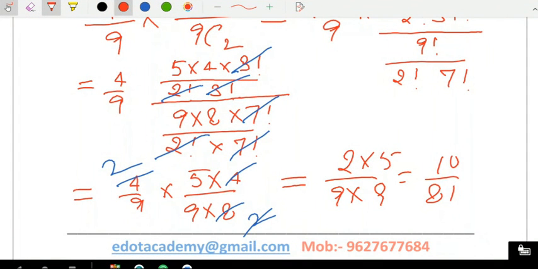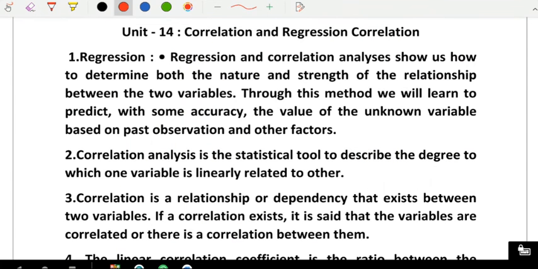Now moving ahead, we have arrived at the new chapter that's called correlation and regression. Basically, correlation is the linear relationship between two variables. That means values may be changing, and how much values are dependent on each other. I can take an example like production of anything. You can take sugar cane, and the production of sugar out of that.